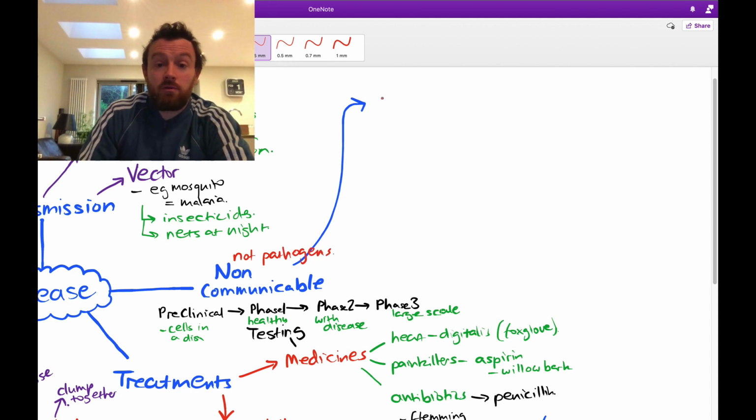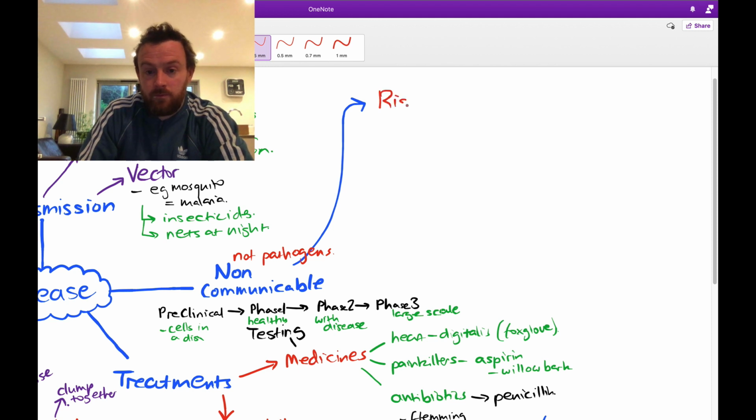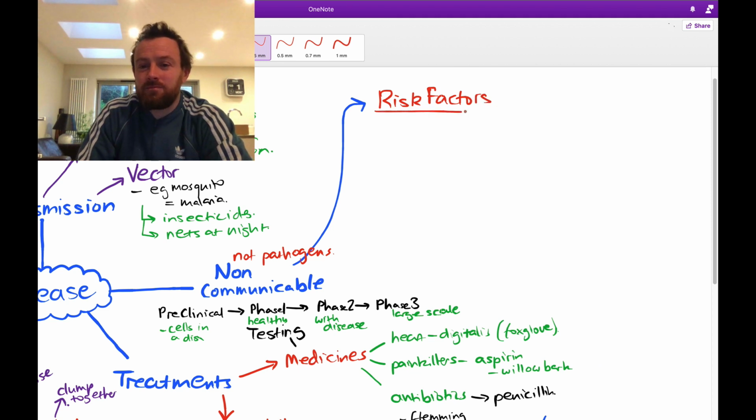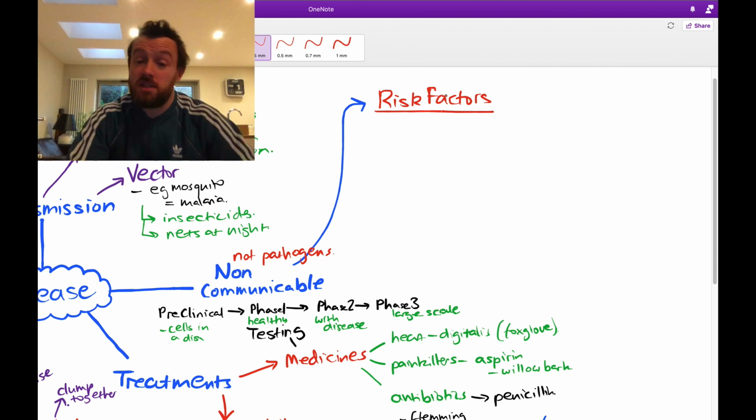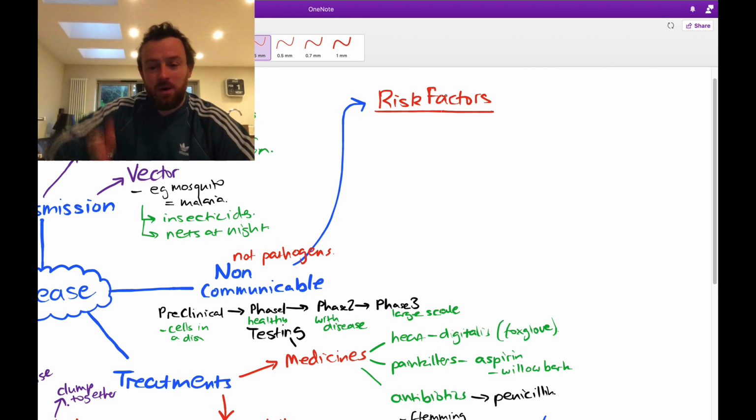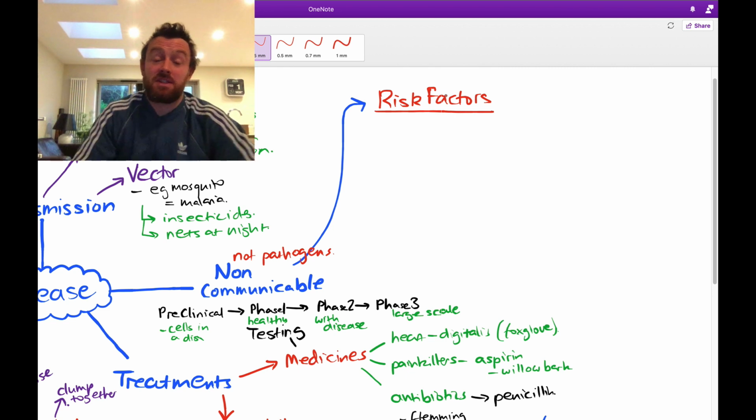They are caused by risk factors. And I even shouldn't really say they are caused by risk factors, because multiple risk factors may work together to increase your chances of a disease. It's not necessarily always that one risk factor certainly causes the disease. Now, the ones that we need to look at are,